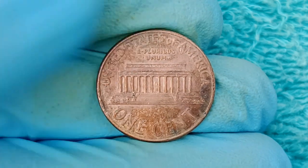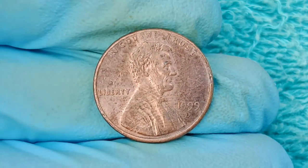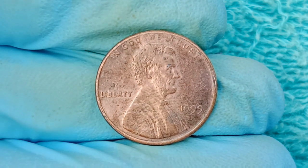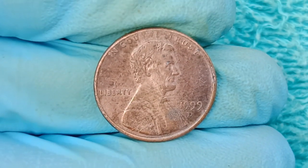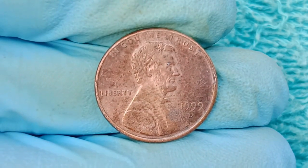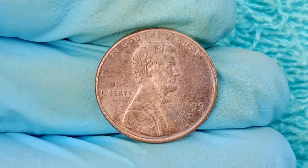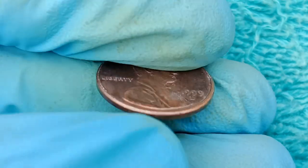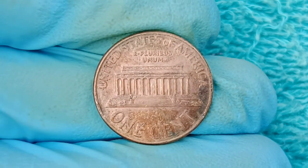the unpredictable intersections of human systems and unintended value, and with all this in mind, it's no surprise that the 1999 penny has become a symbol of hidden worth, of tiny objects containing massive potential, and of how 1 cent can indeed be worth more than $500 million, so the next time you see a penny, think twice before tossing it aside, because if it's a 1999 D with the right signs, you might just be holding history's next greatest treasure in the palm of your